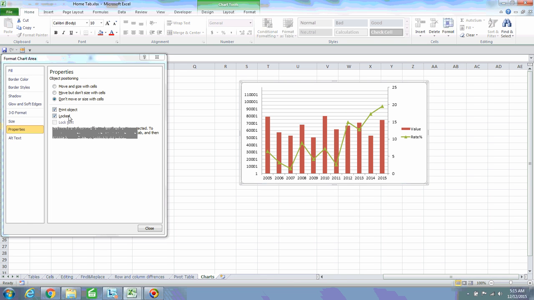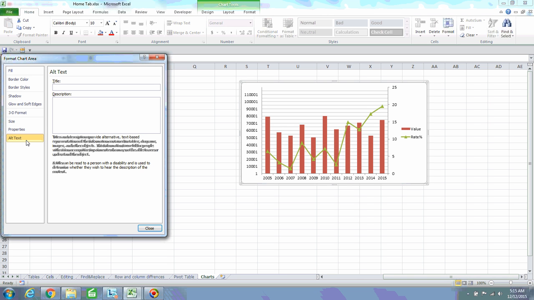Print object, unlocked. Text. If you want to give some nice inputs to the chart which you want to explain to the end user, you can give some nice name about this chart and description about this chart, so that